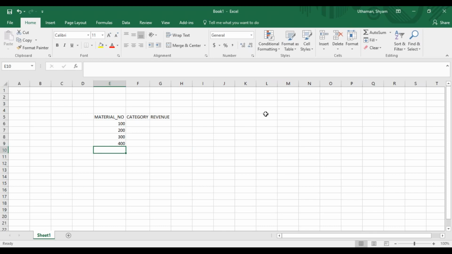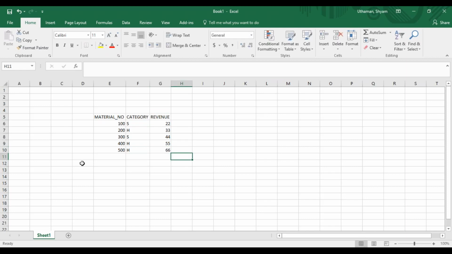So these are material IDs, let's say. The category is S, let's say S stands for sporting, and let's say housing, sporting, housing. And revenue generated is 22, 33, 44, 55, 66.